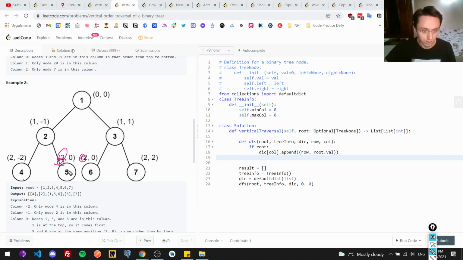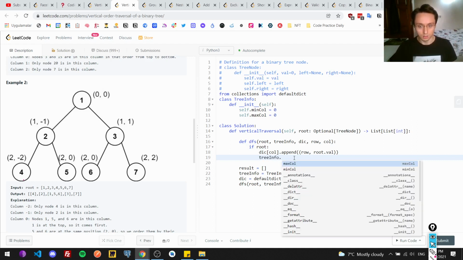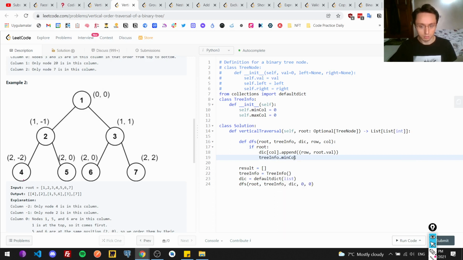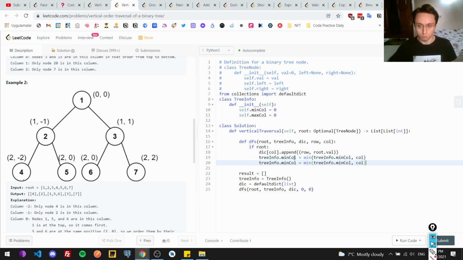In this case, we'll just sort it. Even if we had like 6 and 5 here, we will still get this output because we will be just sorting them with this tuple structure. So then, if the minimum column changes, we have to update it. So we take the tree info and we will just take the minimum column, and then we just have to take it like this,